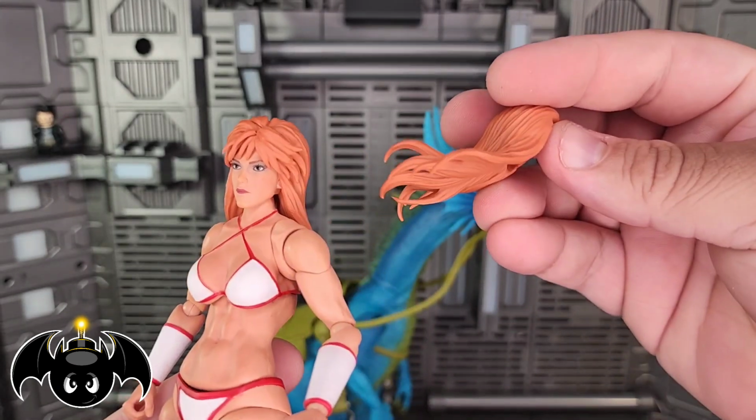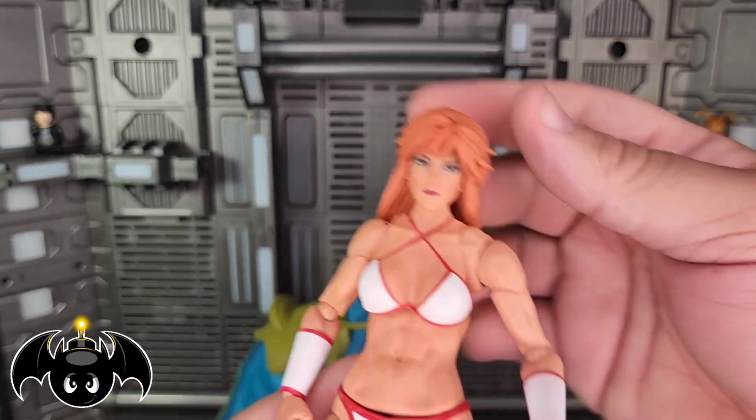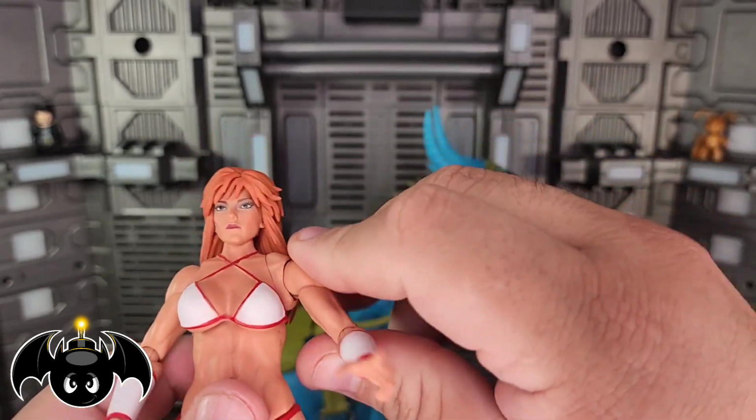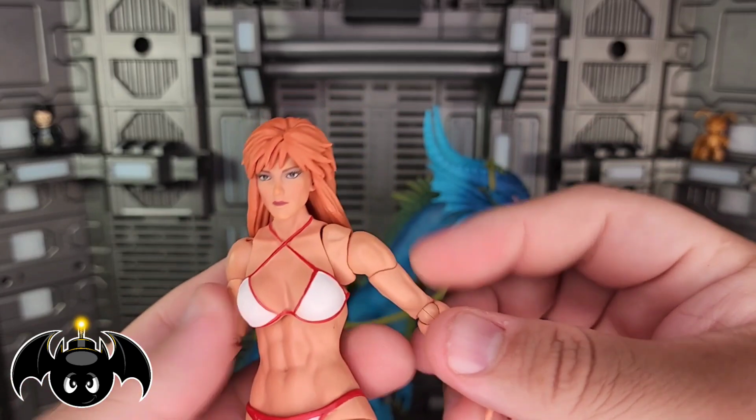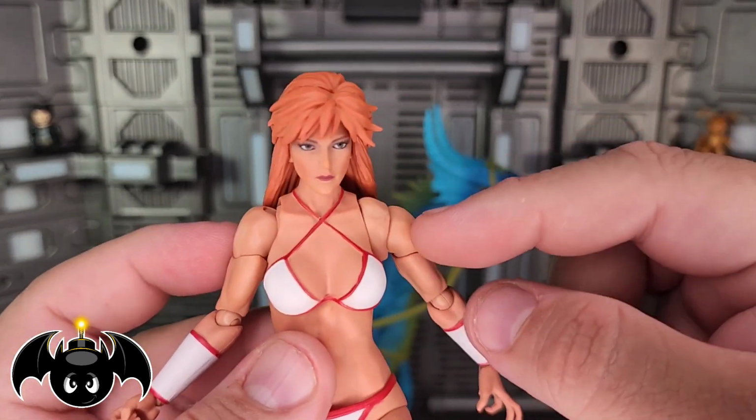This hair is going to be a little better because it's a little more flared back, so it's going to give you a little more clearance. You can go up and down. Arms can go full 360 like so, up and out that far. And we do get a cupped butterfly joint in there, but you can see how this one kind of pops